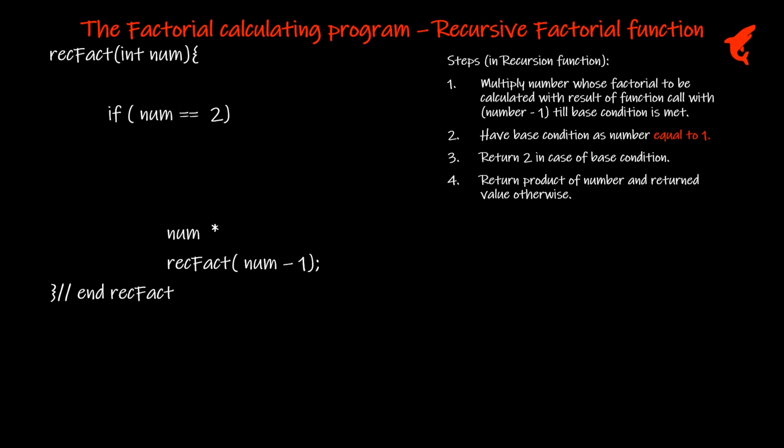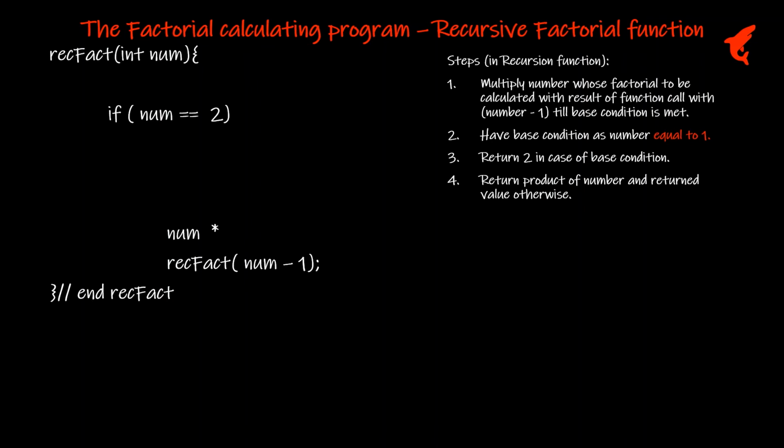Now this has to be done till the base condition is met. We have this if condition which is going to be our base condition, and here the num value is compared with the value 2. Now if you look at the step, we mentioned the num value should be equal to 1. So why this change? Just think on this. If we go to the function again where the value of num is equal to 1, that will be multiplied with the previous number value. Now anything multiplied with 1 will give the same value. So why do this multiplication?